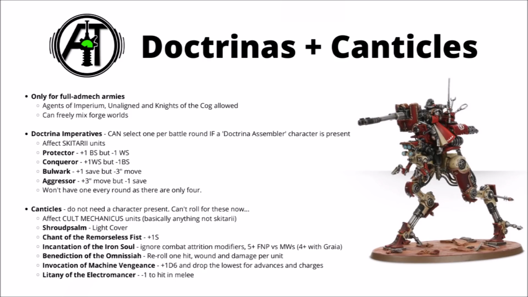In general though, I do think that they've managed to balance them out a little bit more. There's less ones that are absolute complete duds than before now, though the strong ones still remain very useful. Shroud's Arm gives all your Cult Mechanicus units light cover, and could be particularly interesting on Mars Skitarii units as well. Maybe you could combine that with Bulwark with a pretty crazy +2 to your saves across the whole army